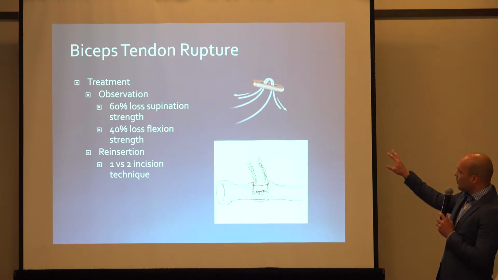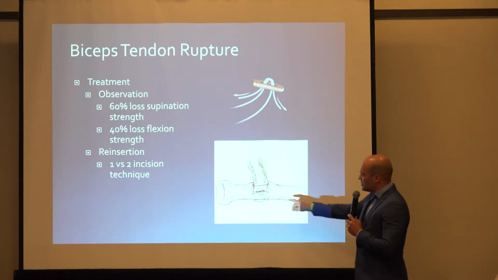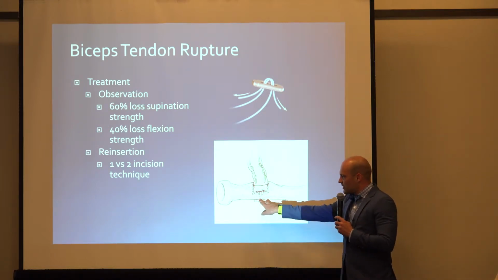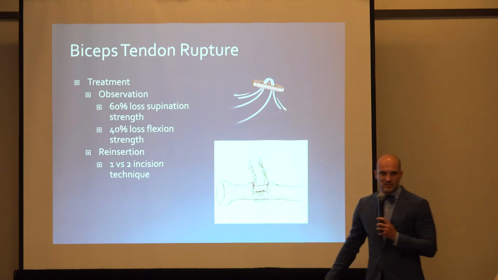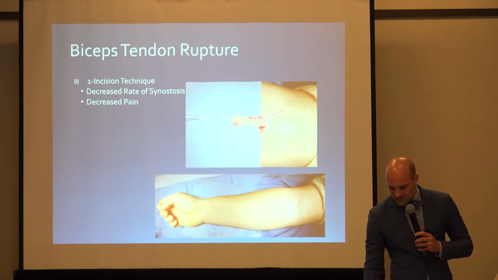That button is a 2-hole eyelet that the stitches go through. So it basically flips down into the bone, straight up and down, goes through and then flips and holds the tendon into the bone. So it's actually a very smart innovation, but very overpriced. So this is what it looks like